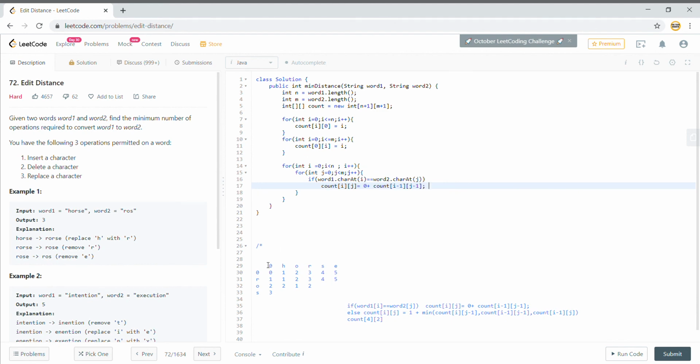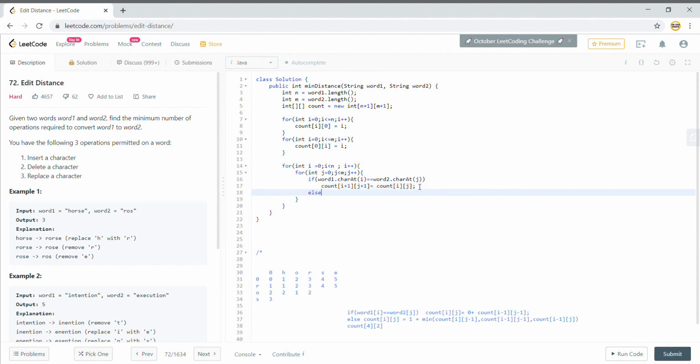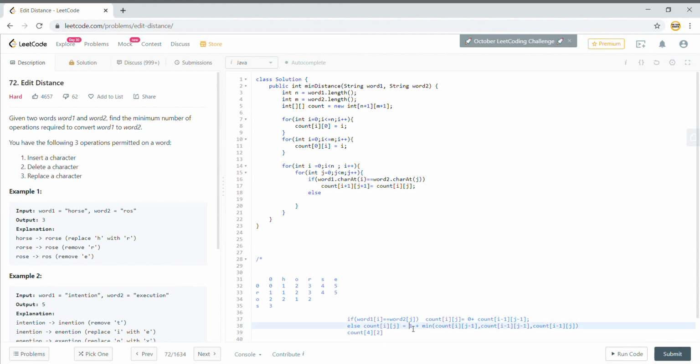Now since we have an additional row and we are calculating 0 as the position of H and j 0 as the position of R, what we need to do here is increment all the indexes by 1. The reason being the 0th row and the 0th column have already been populated by this logic. So it will be i minus 1 plus 1, so this will be count of i and j, and it will be 0. We can just remove this, it is not required. So if these are matching, then this will be the value, otherwise I will use this formula.